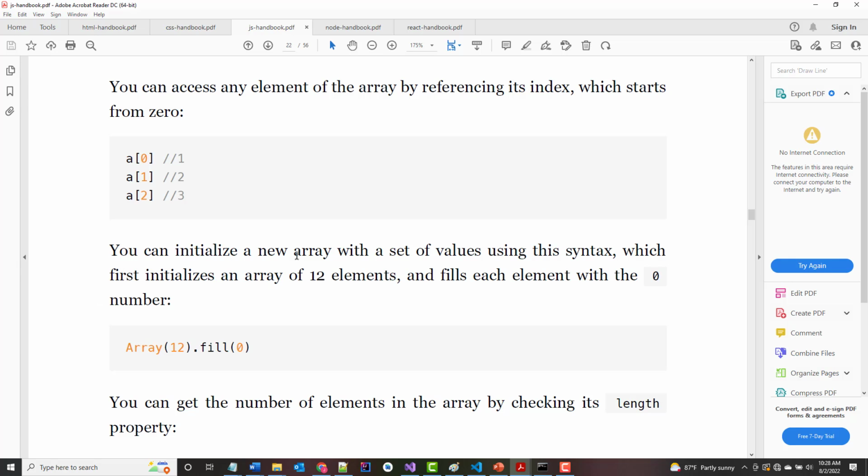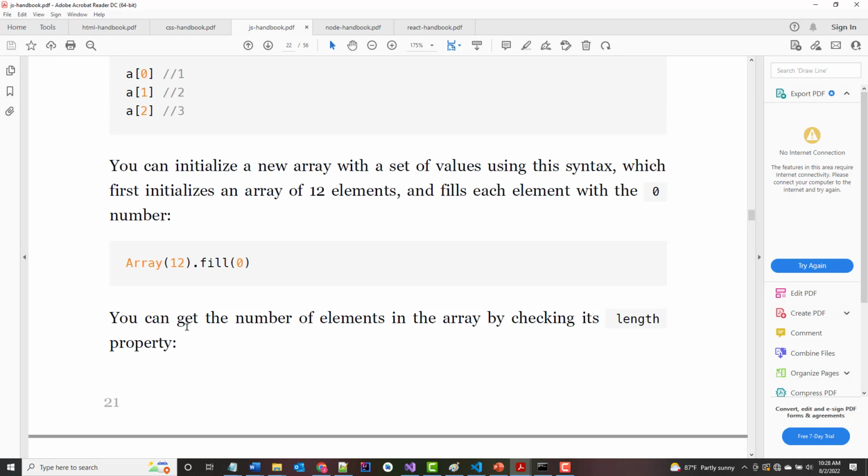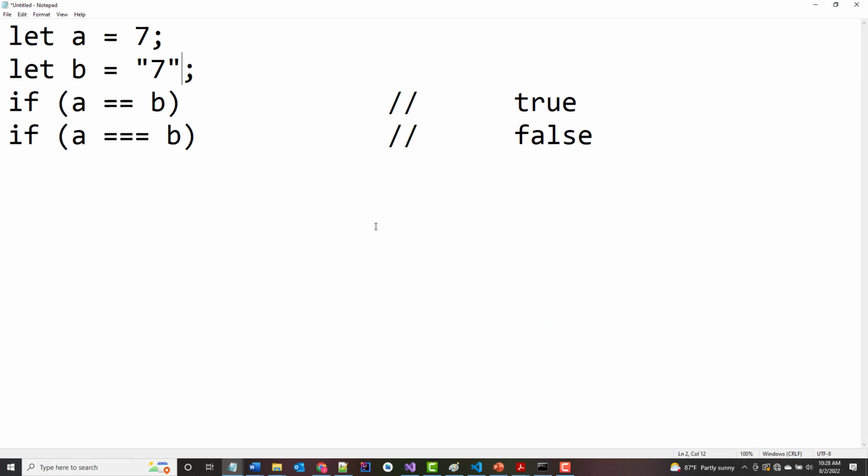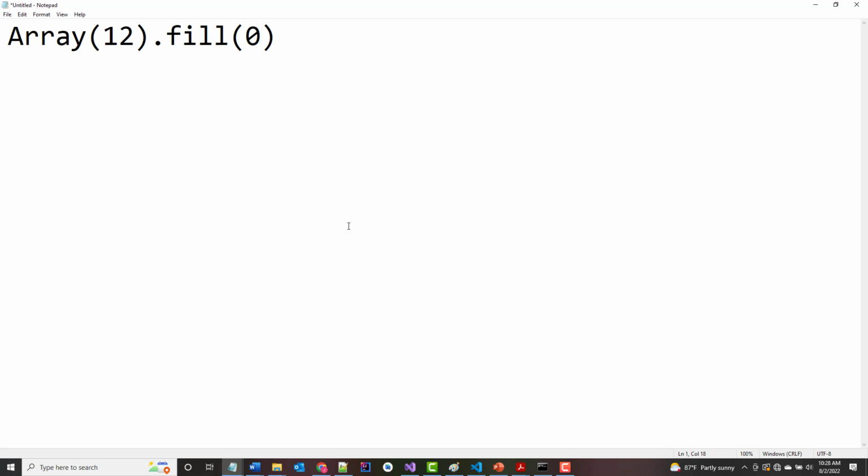Now it says you can initialize a new array with a set of values using this syntax, which first initializes an array of 12 elements and then fills each one with 0. I've never done that before, but it's neat that they offer something like this. So again, that would be the equivalent. You probably already know this. That is the same thing as saying,